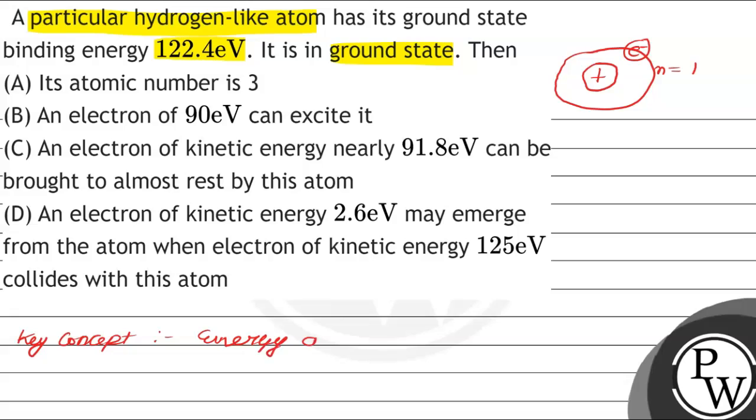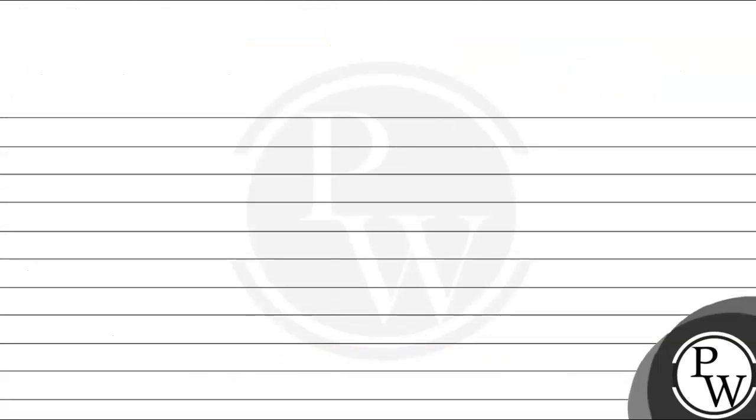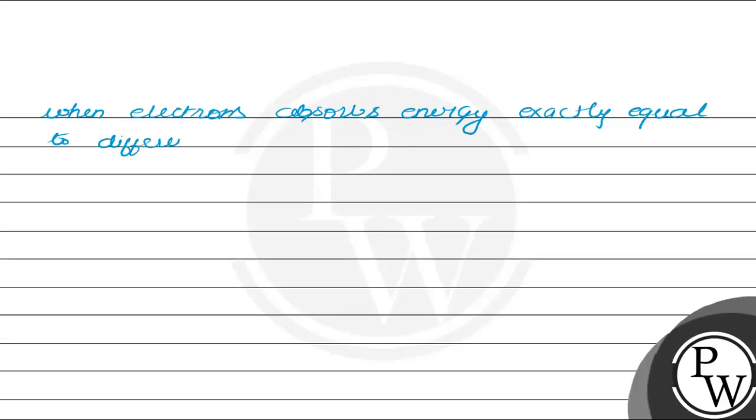Energy associated with each energy level is minus 13.6 Z square upon n square, and when an electron absorbs energy which is exactly equal to the difference in energy level of final and initial shells,